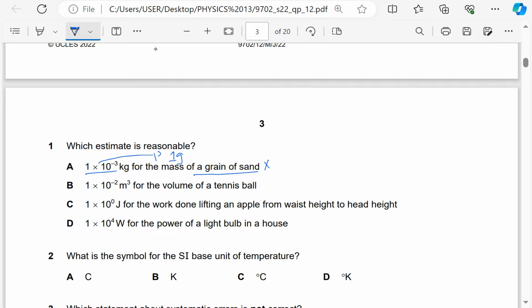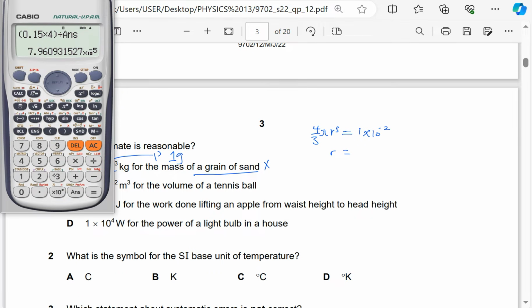1 times 10 to the power of minus 2 meters cubed for the volume of a tennis ball. We can check that by checking the radius. Assuming the tennis ball is spherical, the volume is 4 over 3 pi r cubed. So this should be 1 times 10 to the power of minus 2. So I want to see what r would be. So making r the subject, I'll multiply 3 times 1 exponent minus 2, and I divide this by 4 pi. Then I find the cube root of the answer, which would be